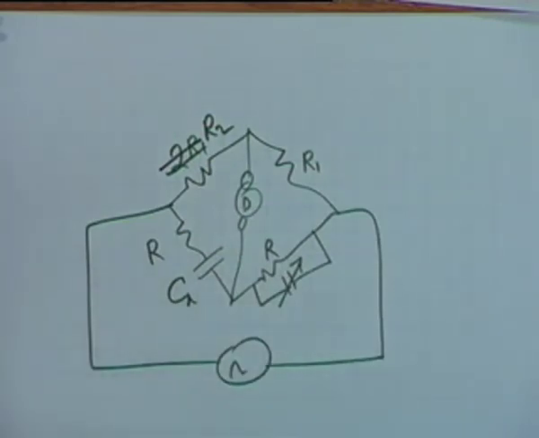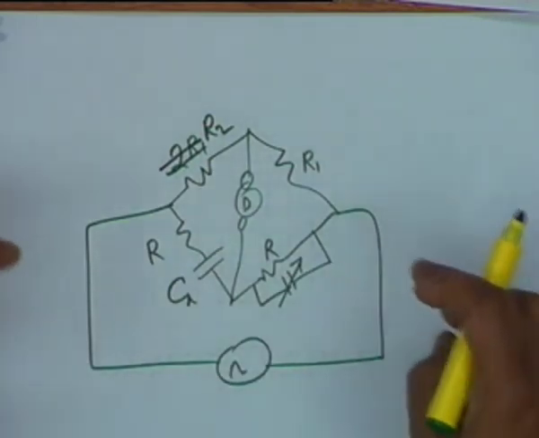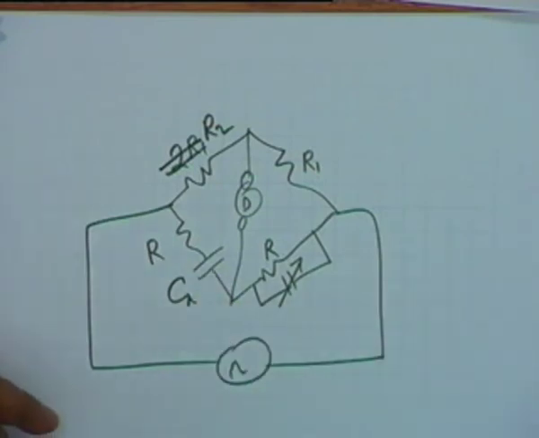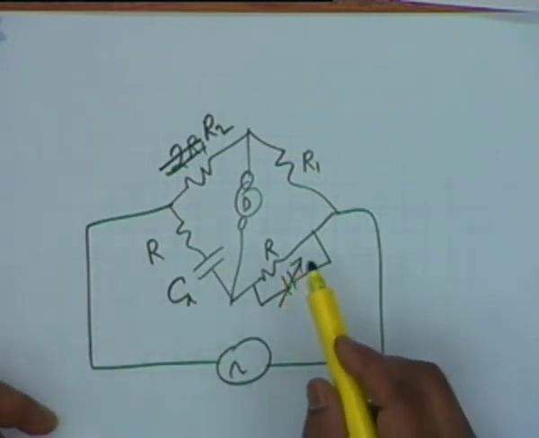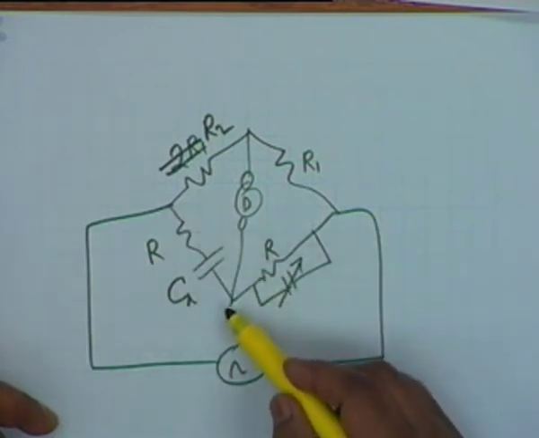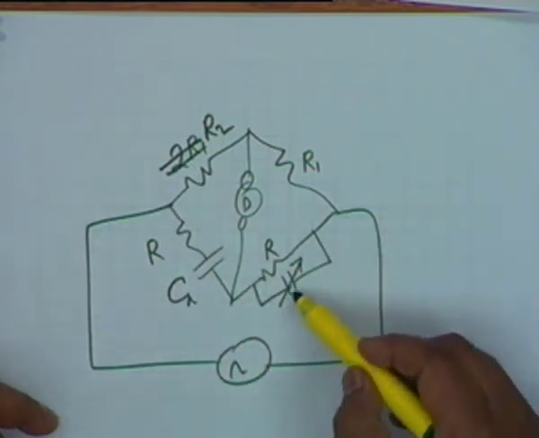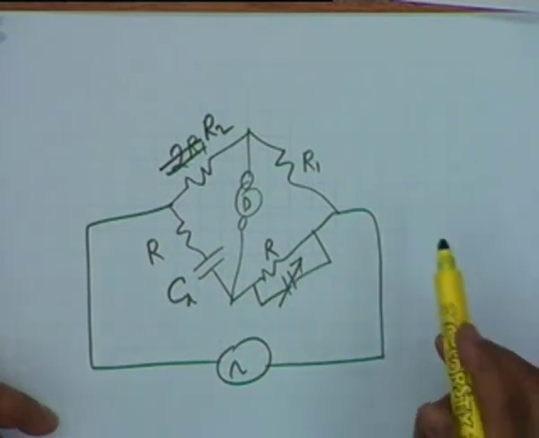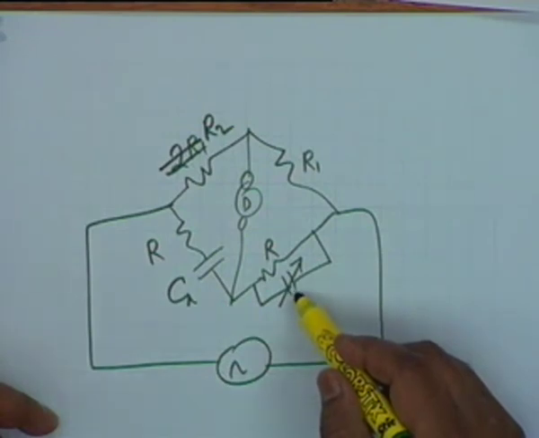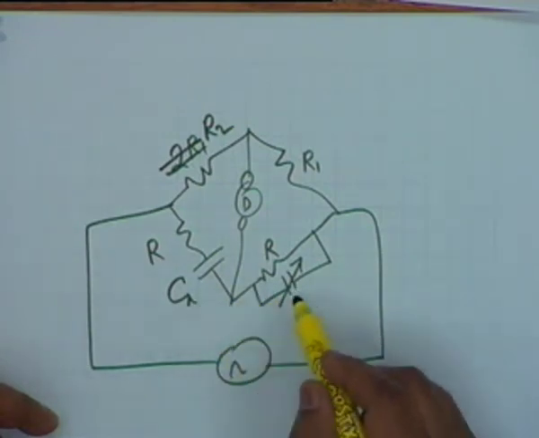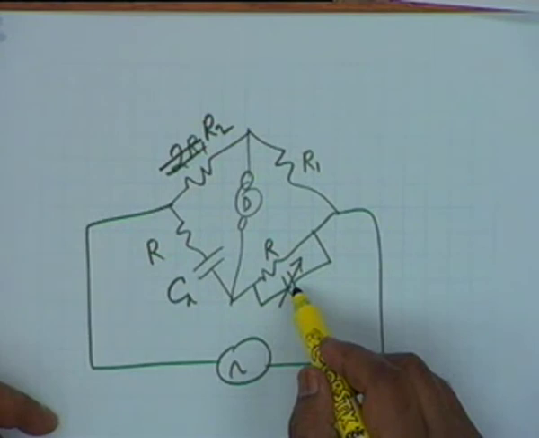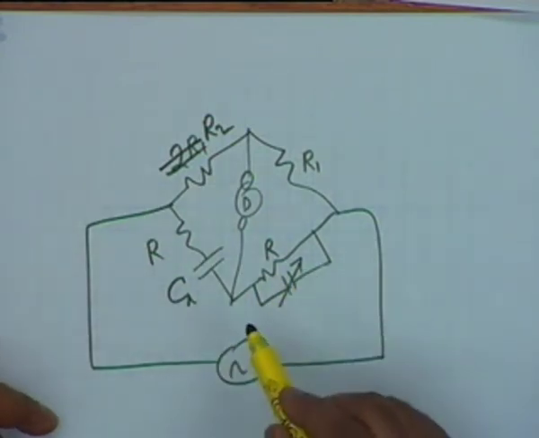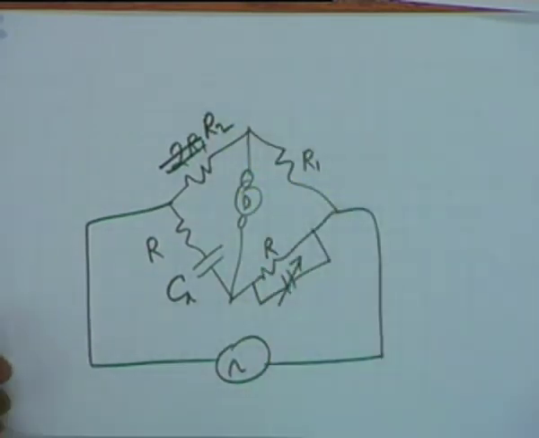You of course know Wheatstone bridge, don't you? Yeah, okay. So this is an AC bridge in which an unknown capacitor is to be measured. So what one does is one uses an RC series and an RC parallel and then adjusts this capacitor so as to obtain balance. And under balance condition you can show that the unknown capacitor Cx is equal to the known capacitor, provided R2 is equal to twice R1.